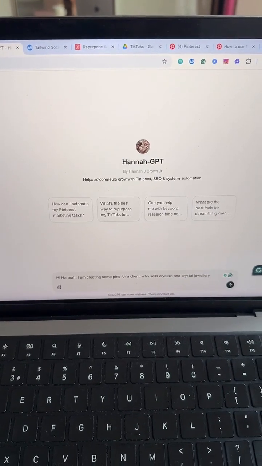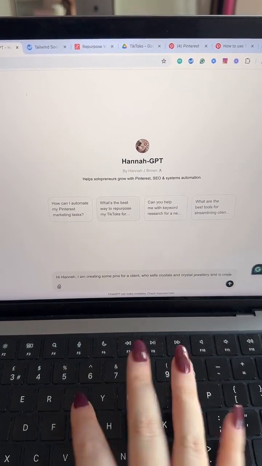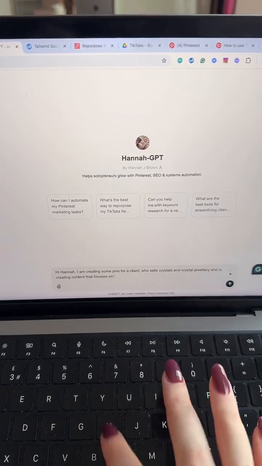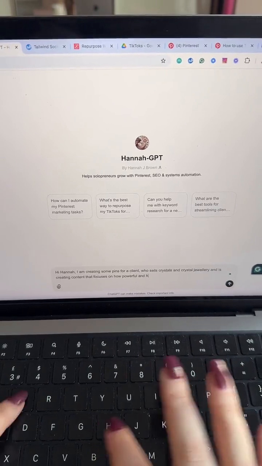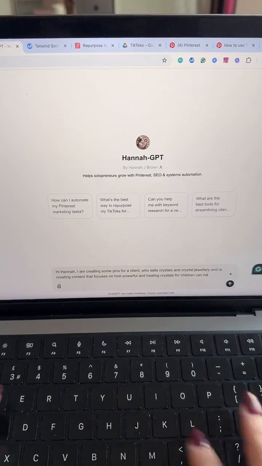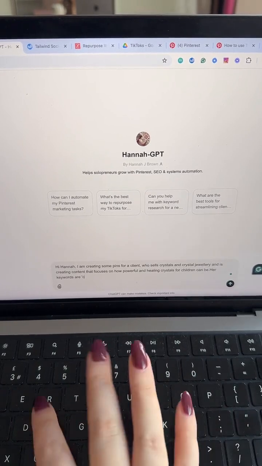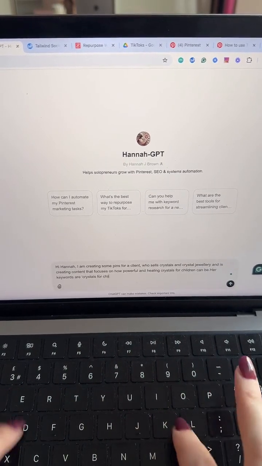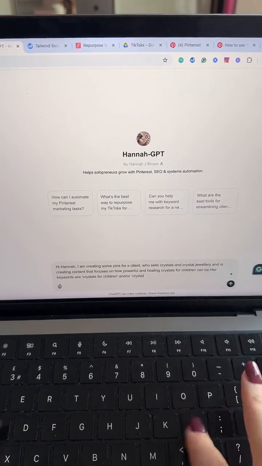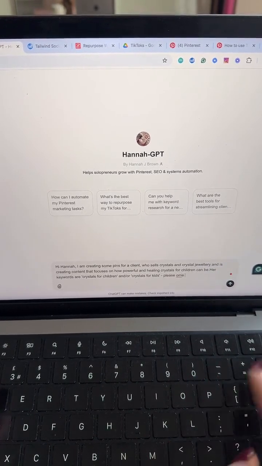I'm creating some pins for a client who sells crystals and crystal jewelry and is creating content that focuses on how powerful and healing crystals for children can be. Her keywords are, in quotation marks, crystals for children and/or crystals for kids. Please come up